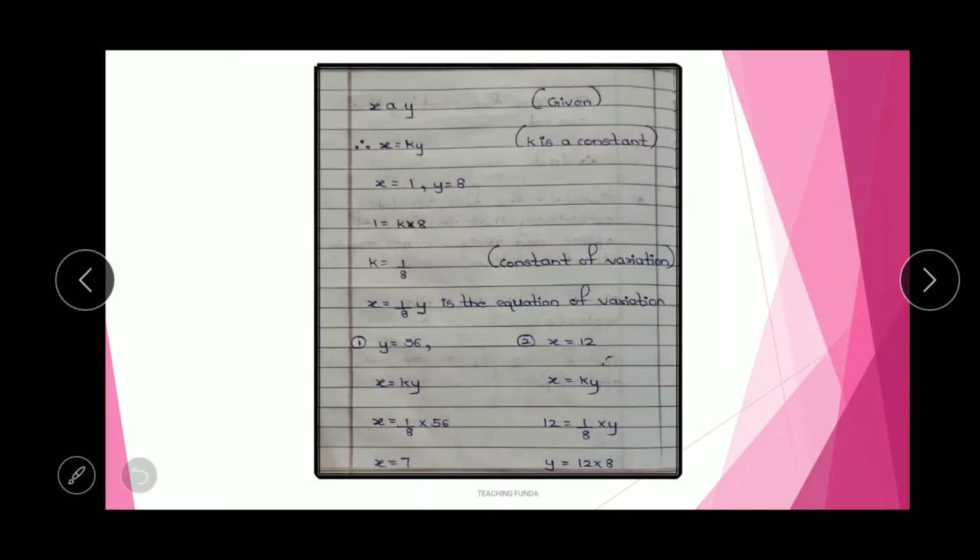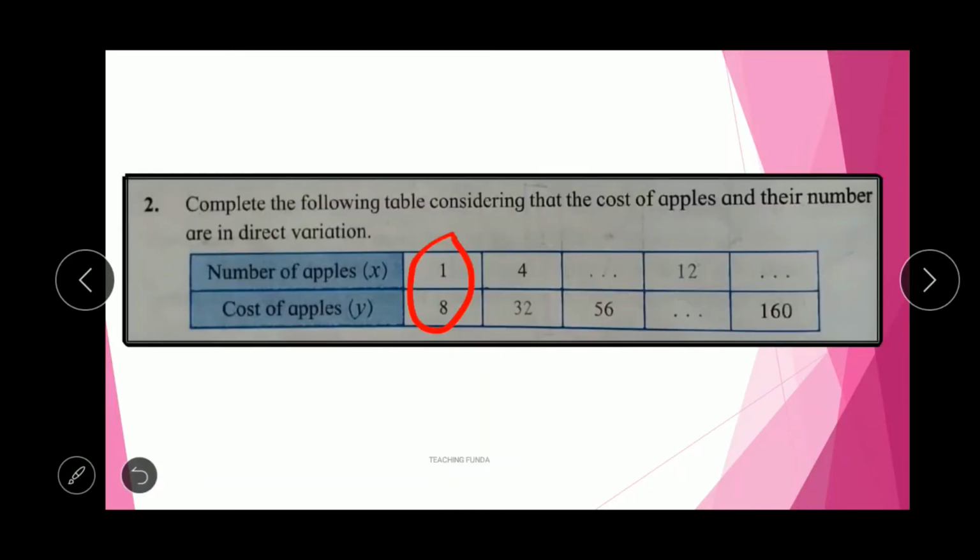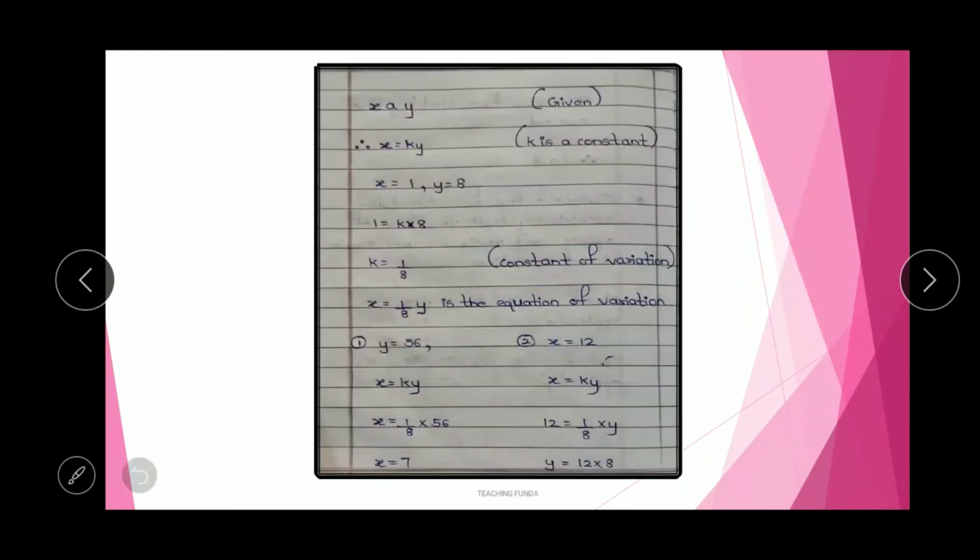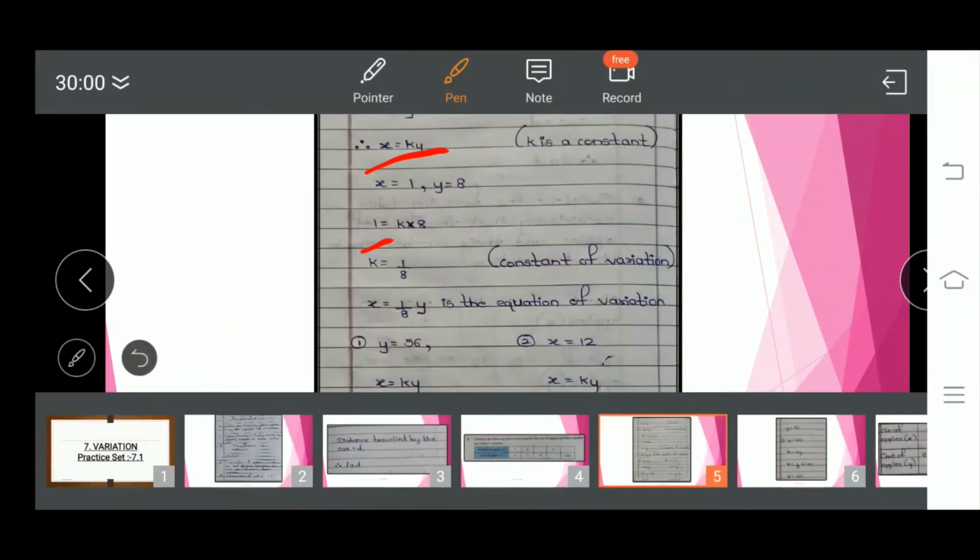Now let us begin. x is directly proportional to y. This is given. So the next step of this formula is x is equal to k into y. What is the x given? As I told you, you have to consider this one. x is 1 and y is 8. In place of x you write 1, and the value of k we have to find out, we don't know it. So k stays as it is, into y, which means 8 will come.